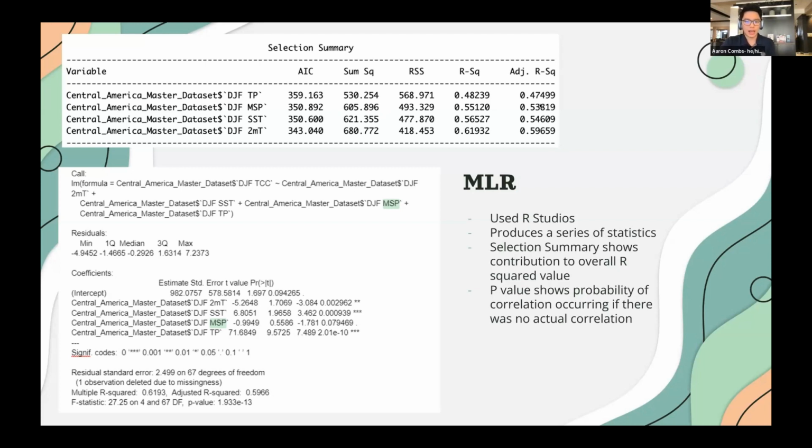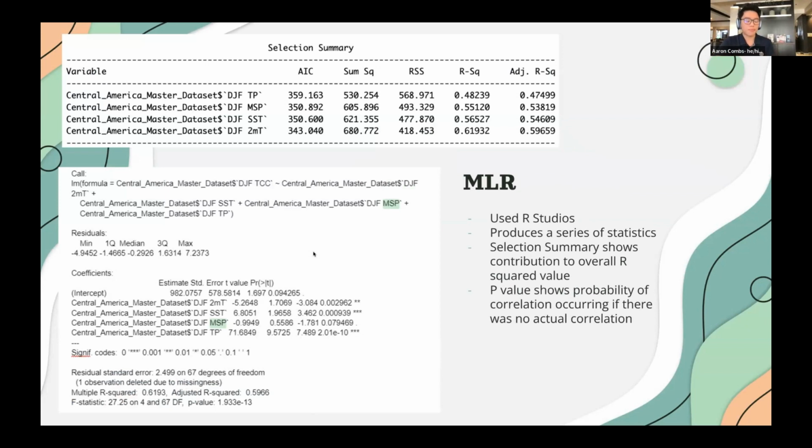And then in second place, you have MSP, mean sea level pressure. In third place, you have sea surface temperature, and in fourth place, you have 2-meter temperature. And in the code, we are here just to quickly explain it. We're calling back to the data set that we imported into RStudio, and then later on, we use it with a quick short piece that helps us generate